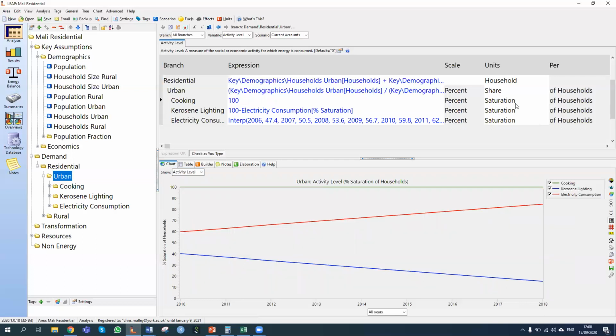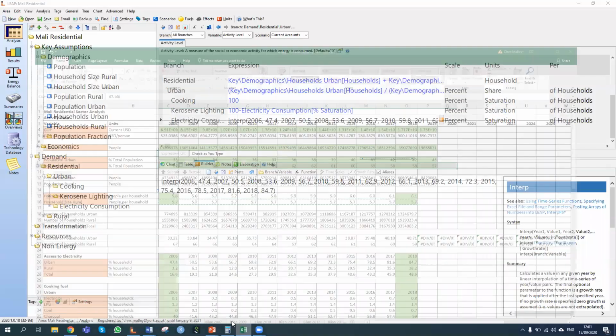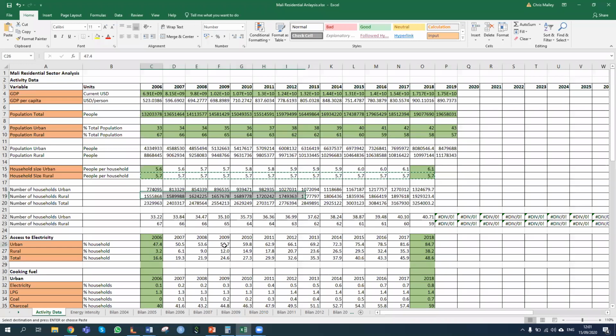It is the percent saturation of households who cook, the percent saturation of households who use kerosene for lighting, and the percentage of households who consume electricity. So we have assumed that all households do some form of cooking. So the percent saturation is 100 for cooking. For electricity consumption, we've entered in the percentage of households with access to electricity. We've entered in these percentages here,